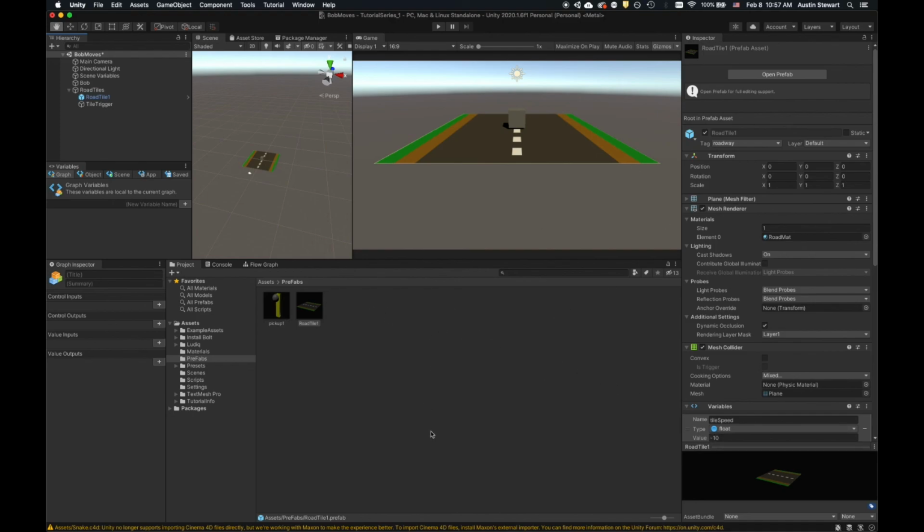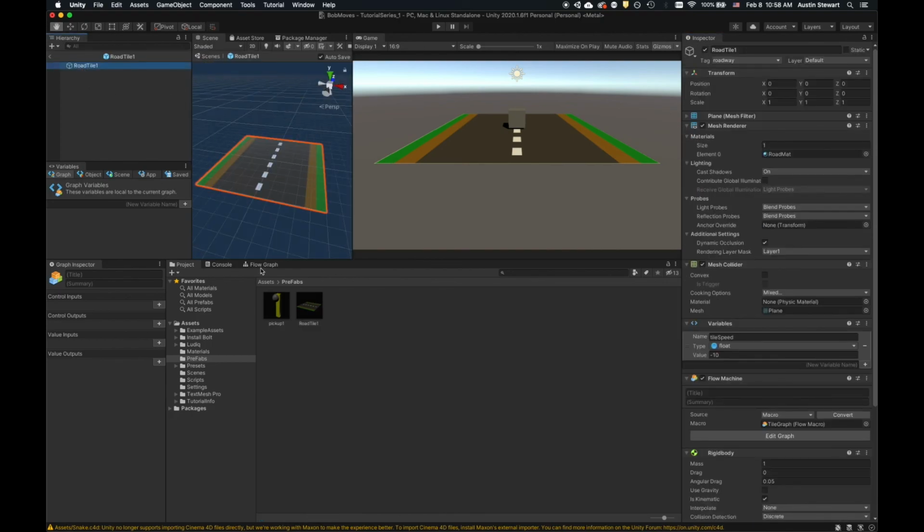To do that, I'm going to open the prefab so that I know that I'm not making what they call overrides on the original object, which basically means I have all these prefabs, they're all the same, but I've made a few adjustments to these, like say the position. Those are called overrides, and we'll talk about that more in just a second. Let's open the prefab,